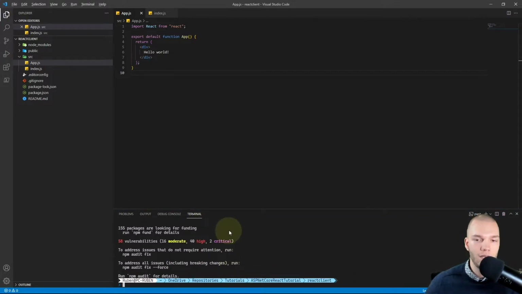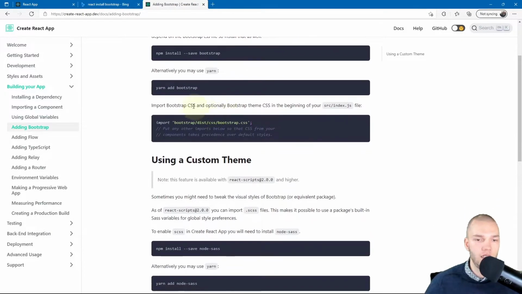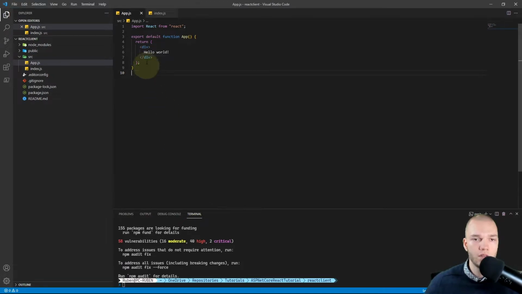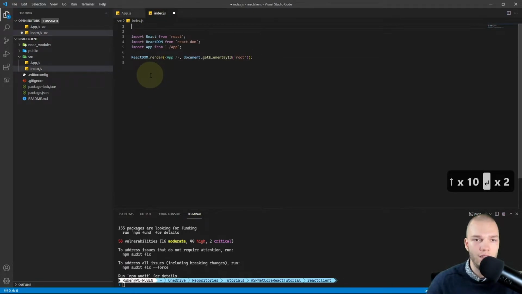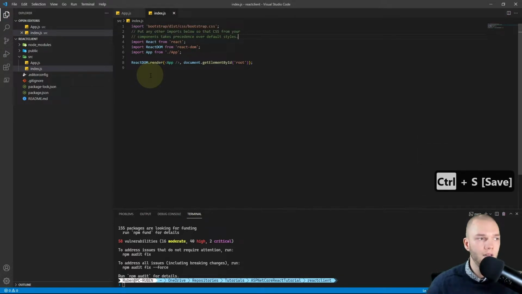Right, then back to my browser, we see we need to import the Bootstrap CSS in index.js. So let's do that. I'll just copy this and close the tabs, and then back to VS Code. I'll go to index.js, and at the top I'll paste it. Okay, so Bootstrap should work now.